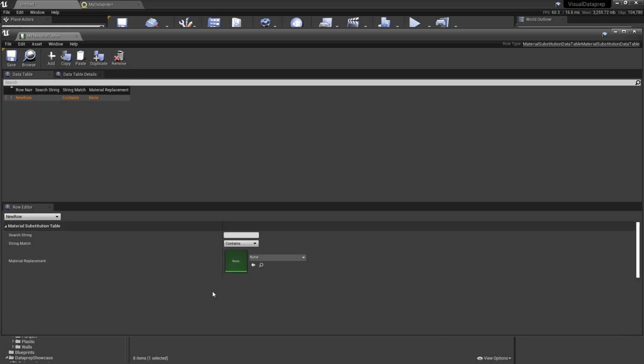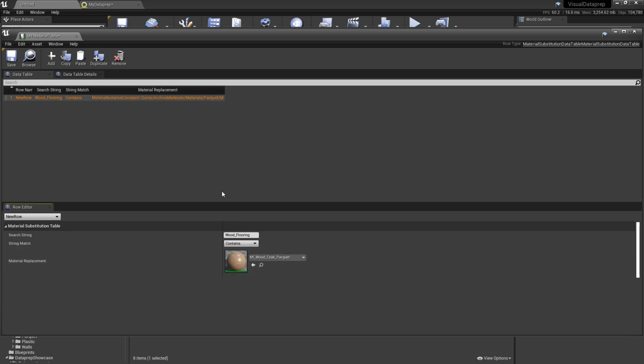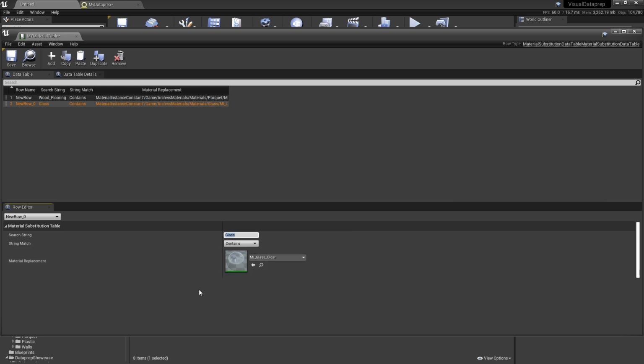And you can see down here, we can edit the row, and it's very much like what we were just working with. We can say wood flooring, and of course, we can march through all of the different materials. We could do glass, etc., and replace those with glass as we see fit.